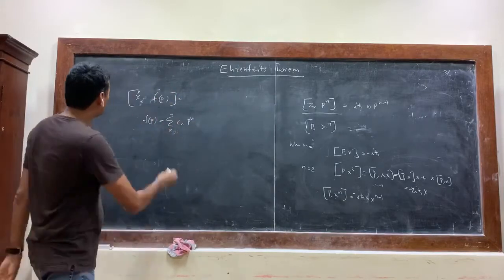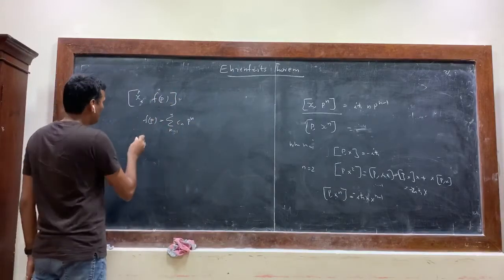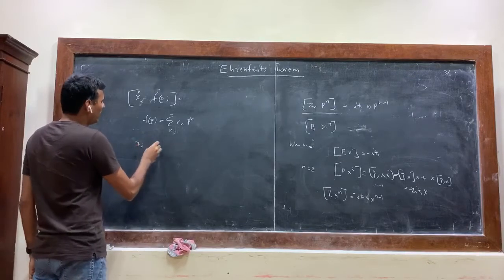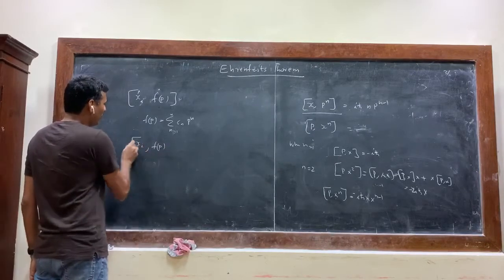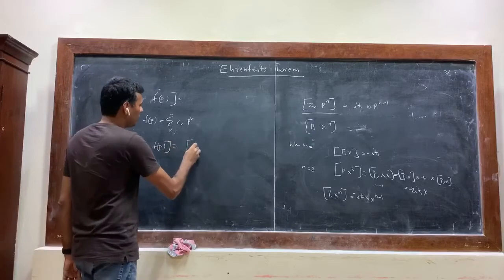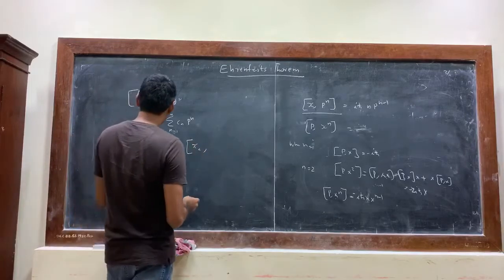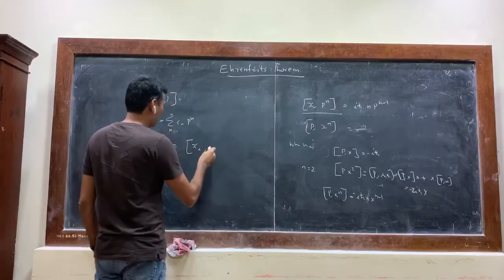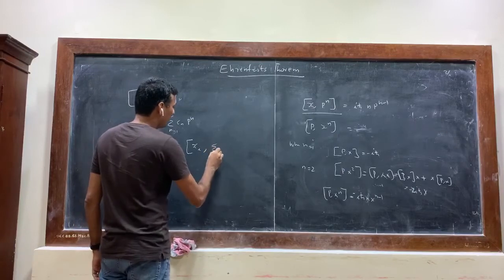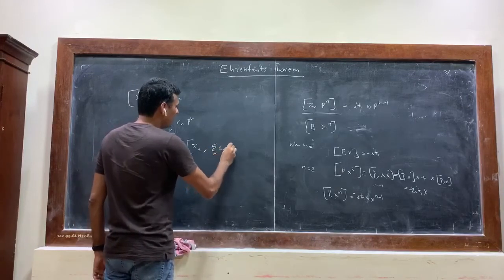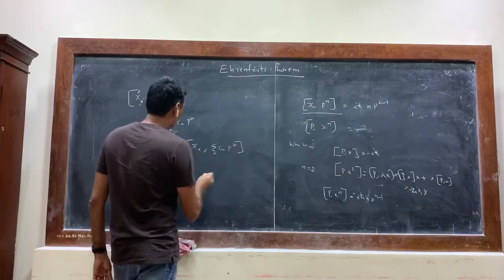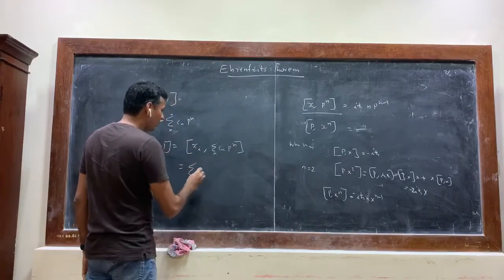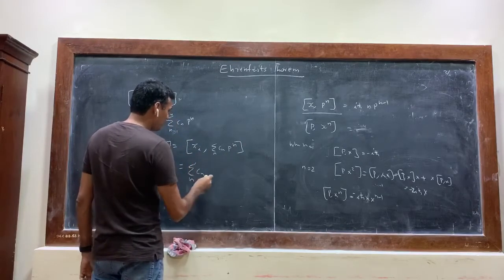Now the commutator [x_i, f(p)] will be equal to [x_i, summation over n c_n p raised to n]. Okay, that's equal to summation over n, c_n comes out,